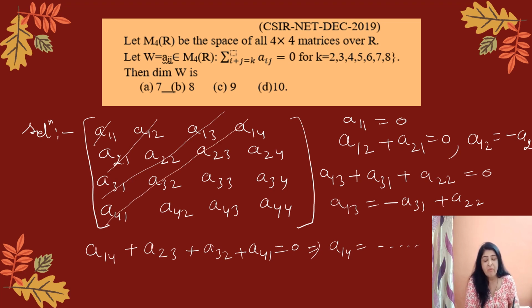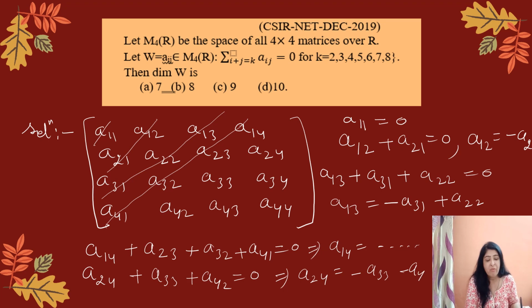Now we have A24 plus A33 plus A42 is equal to 0. This gives A24 is equal to minus A33 minus A42, and so this term goes,